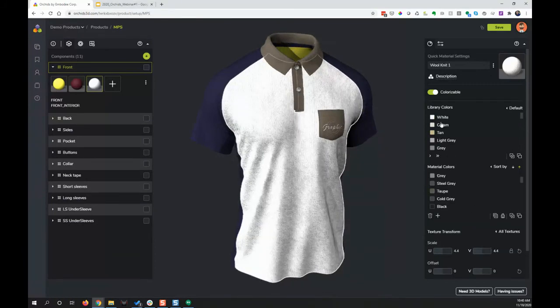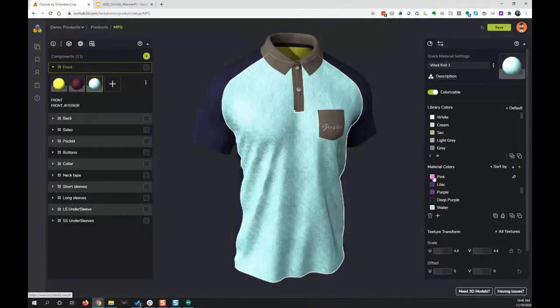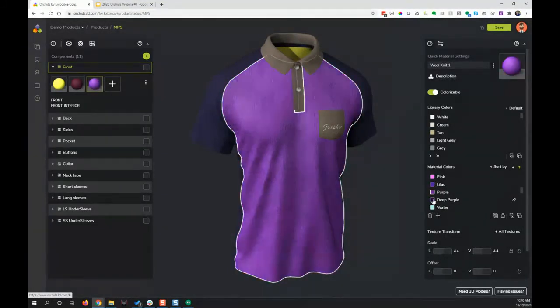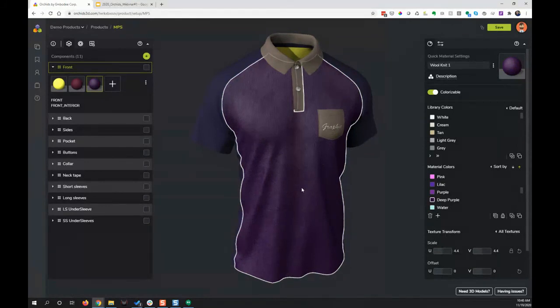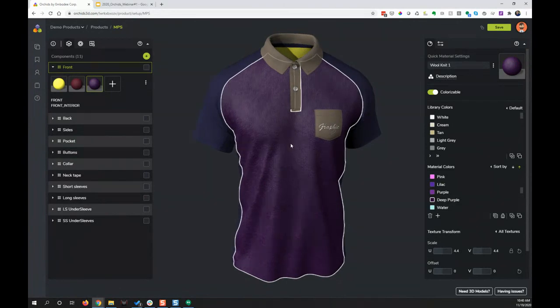These colors come from a color library. I'm not having time to actually go there and show where those come from, but now I have the ability to colorize this product using different colors coming from my color library. I also have the ability to add prints and graphics, but that's probably for yet another day, looking at the clock.